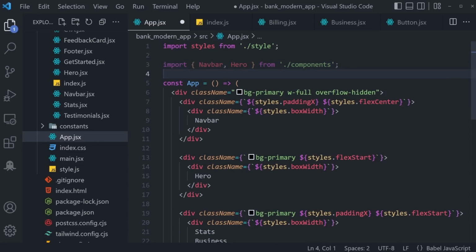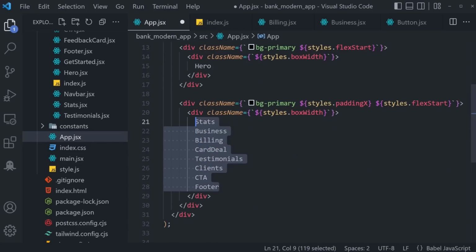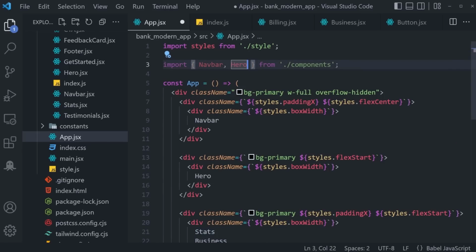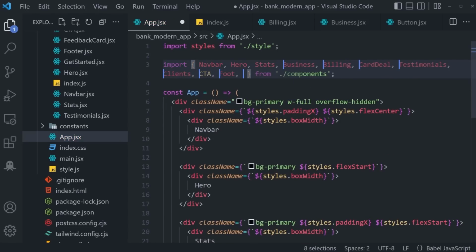So in our case, that's going to be navbar, hero, and I'm going to copy all of these and paste them here because we want to import all of those as well. But I'm going to put them in one line so it's easier to read. There we go. As you can see, I have line wrapping turned on in my settings, so now it's going to show up nicely right here. And this is a neat little trick that you can use to make the code of your React and Next.js